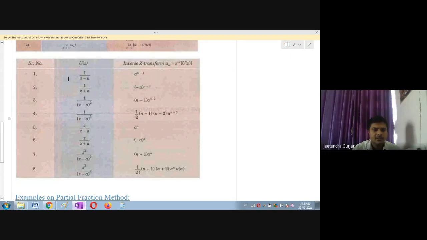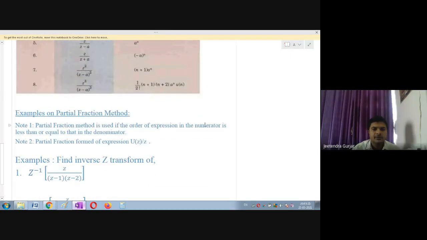Now you can see on the left hand side, they are all z terms. Please see, we have converted the Z transform, students, which is defined as u_n equal to Z inverse of U of z. So like this you should remember. You should remember the Z transform formulas. Now we can just substitute this. For the inverse, the right side becomes the left side, and the left side becomes the right side compared to the Z transform. So reverse everything now. Okay, we'll go through the very important method, that is the partial fraction method.